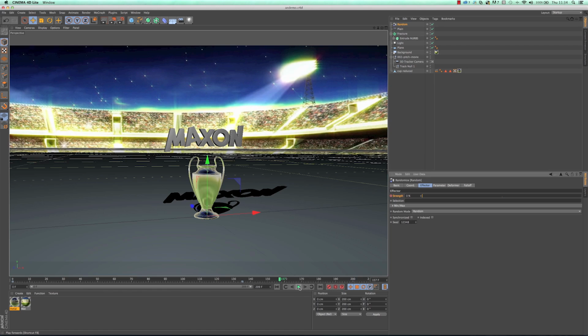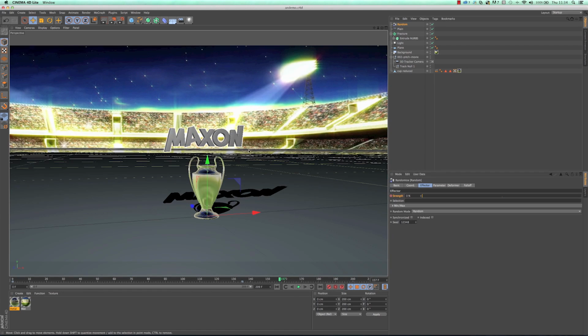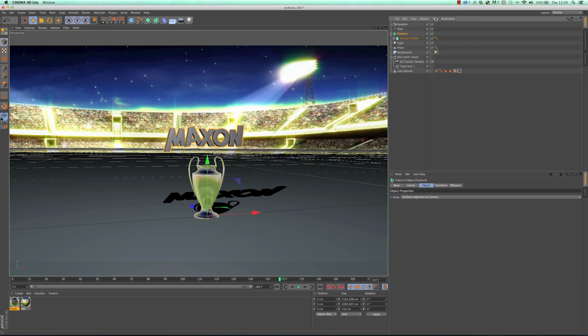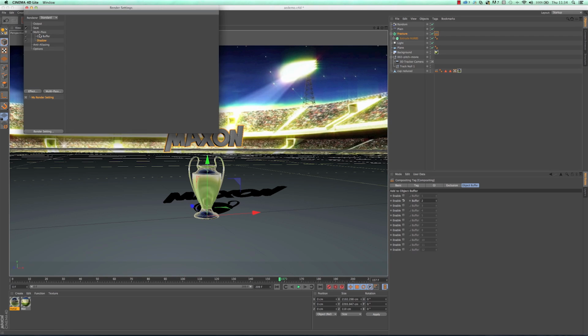So what I'm going to do here is just fix the buffers while I remember. So what I could have is this text on a second object buffer, and that's really easy for us to do. We just select the tool, so I'll grab the fracture for this example, and I'll go compositing, and this time I will enable buffer 2, and then I need to go into the render settings, and I'll go to the multipass, add another object buffer, and this time I just add it as 2, and I'm going to call this text buffer.